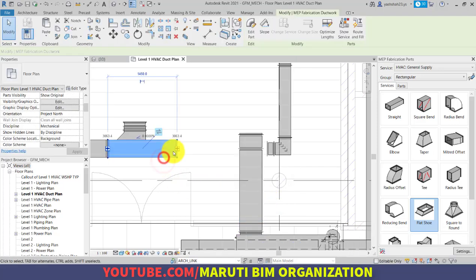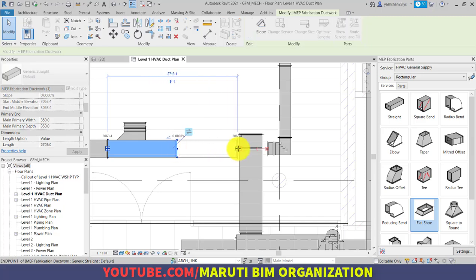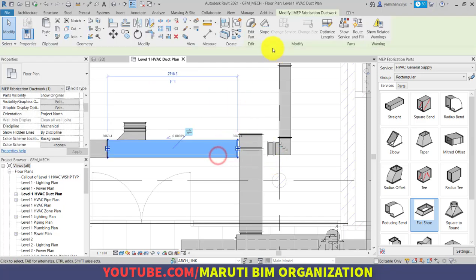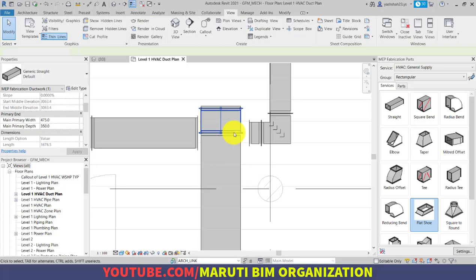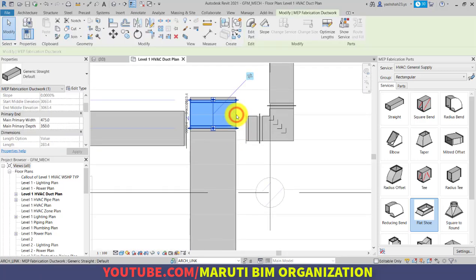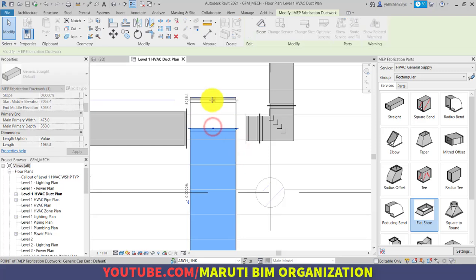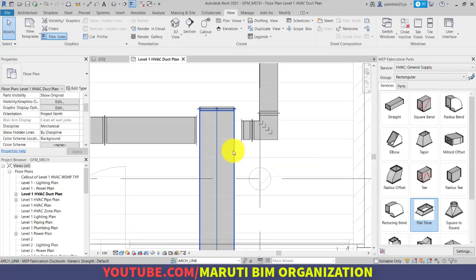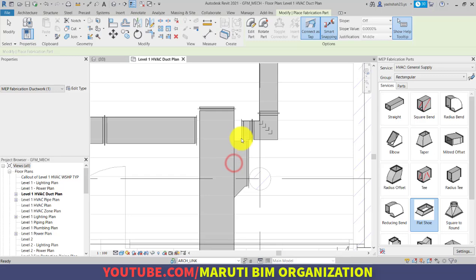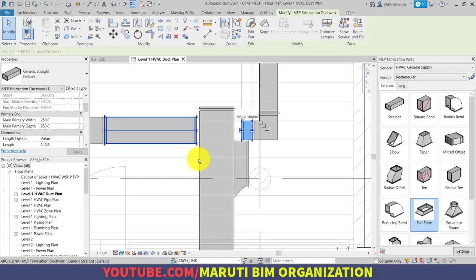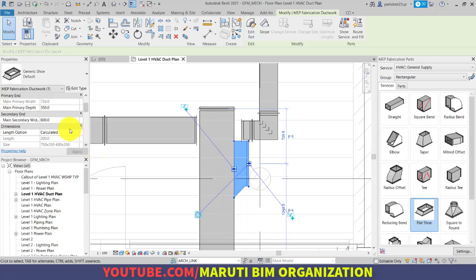Okay, and then as you can see here, the connection has been lost. So we will just increase the connection and optimize its length. Okay, and here also it has been converted, very nice connection. So selecting this, and now this is my main duct. So in the main duct, now as you can see, it is allowing me to place a flat shoe connection here. If I select this, what is the size? 250 by 250. So selecting this and match the size 250 by 250.